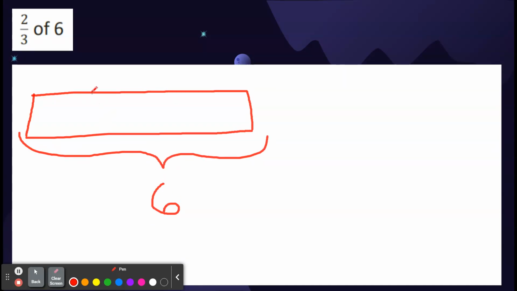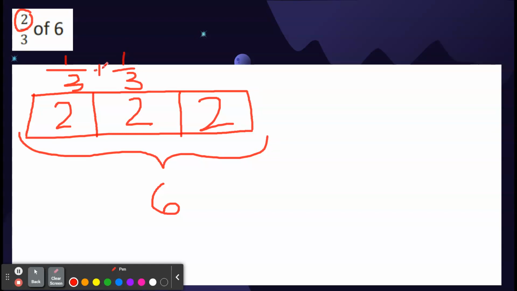And we split this up into thirds, and we already knew from our first problem that 1/3 is going to be equal to 2. So each of my sections are going to be 2. Now I want to find out how much 2/3 of 6 is. So I know 1/3 is 2. So if I have another third, that's going to give me 2/3. So if I go ahead and add 2 plus 2,